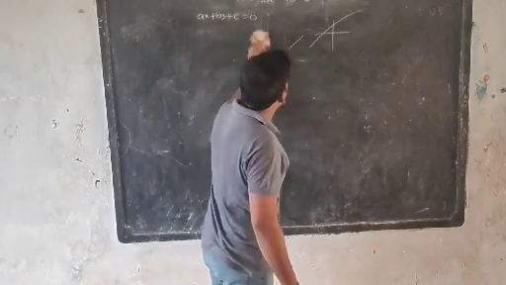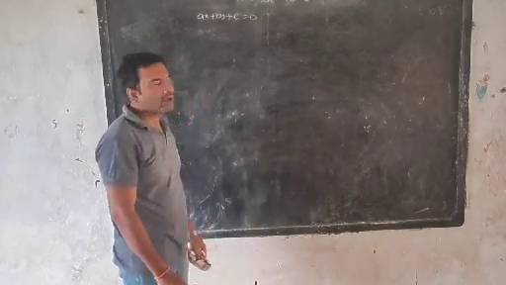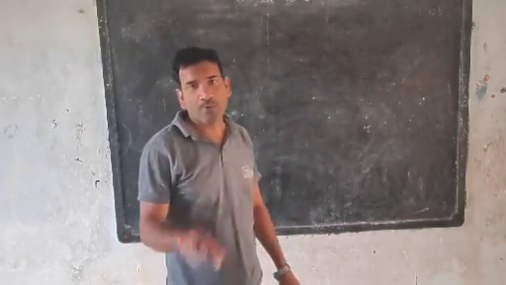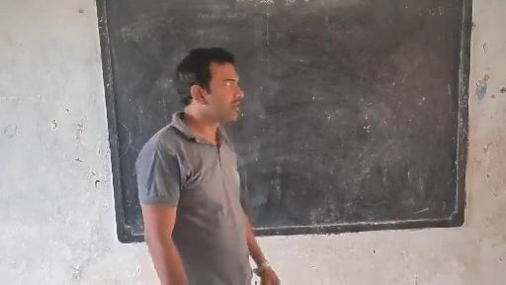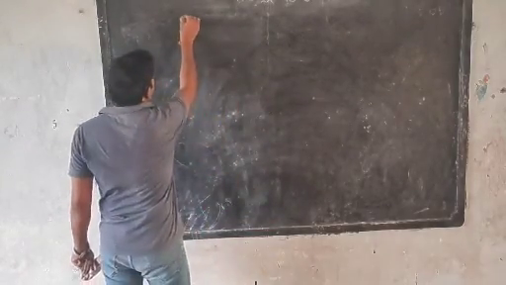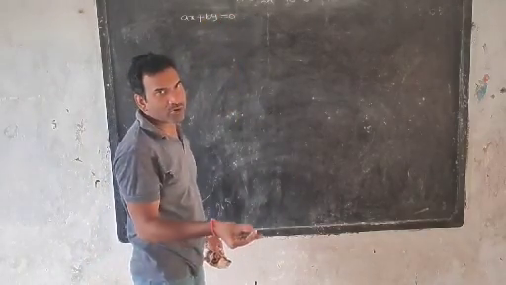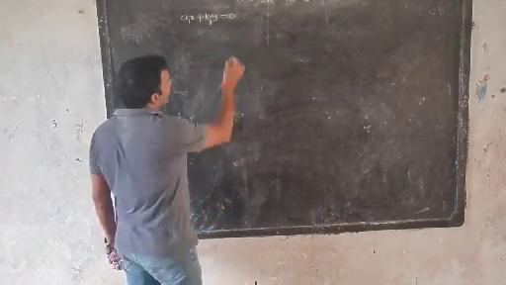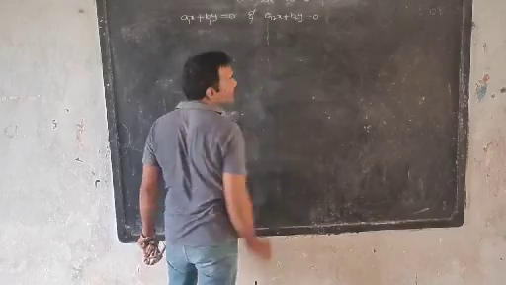So the product of straight lines, first we have to consider. Now I am considering the product of two straight lines passing through the origin. For passing through the origin, the standard form is ax plus by equal to 0. Now we have to find the product of two straight lines. So I am considering two straight lines, a1x plus b1y equal to 0 and a2x plus b2y equal to 0.